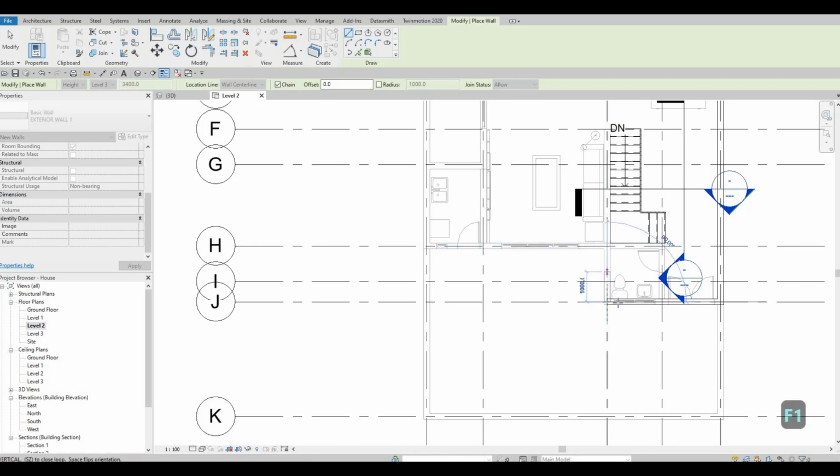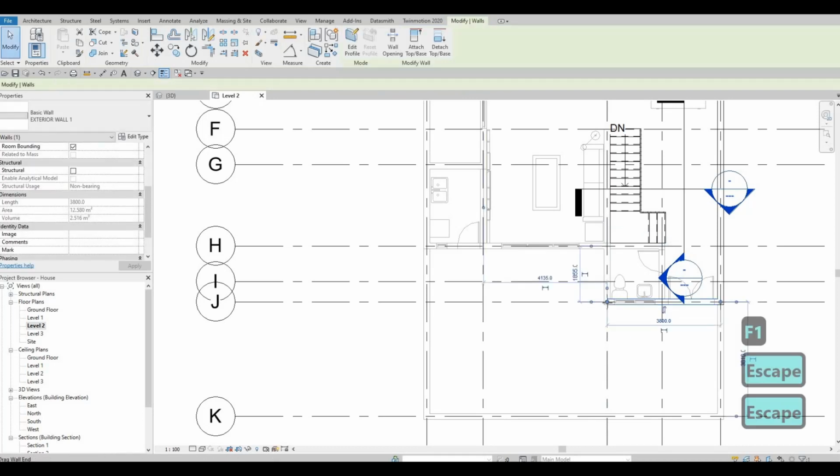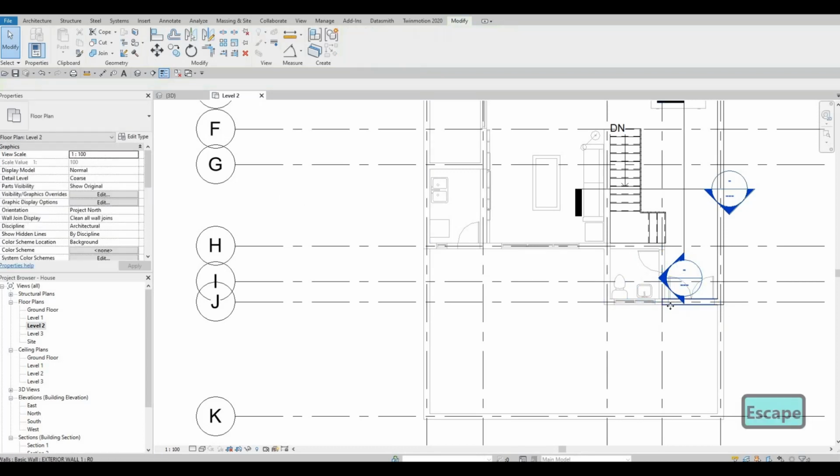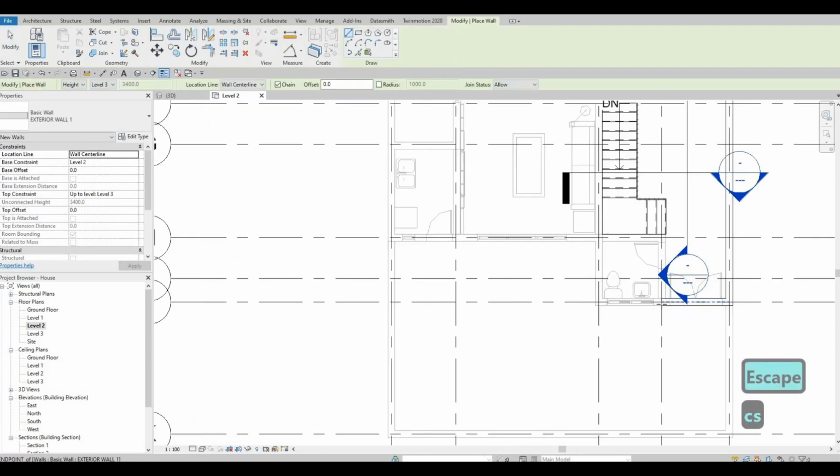We actually need to go back right here. We need to push this back. So instead of J3, go into J4, and then CS here again,